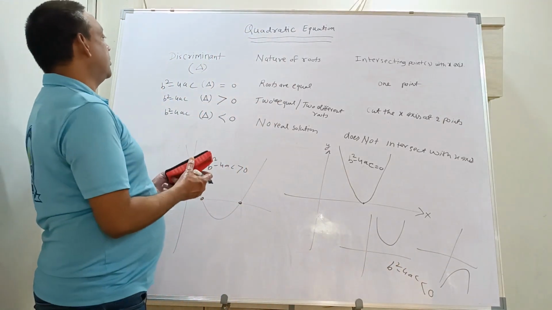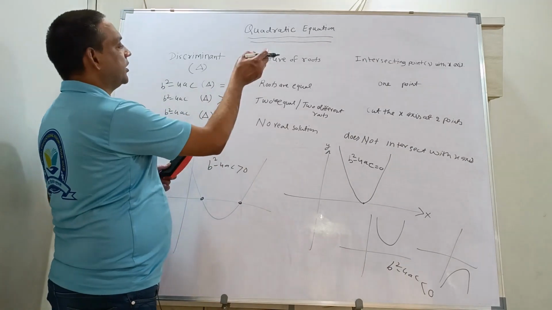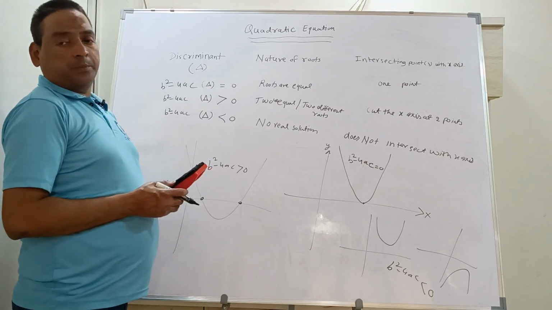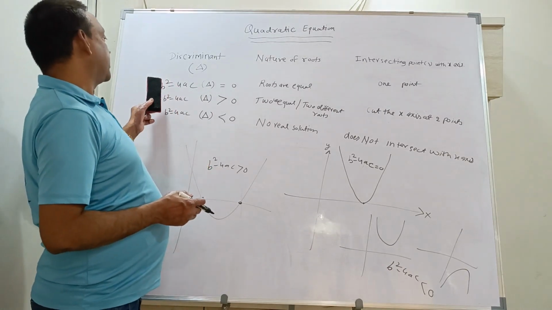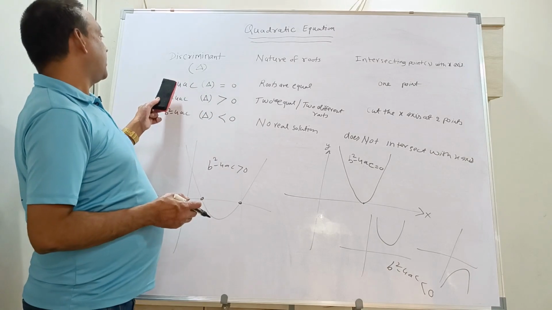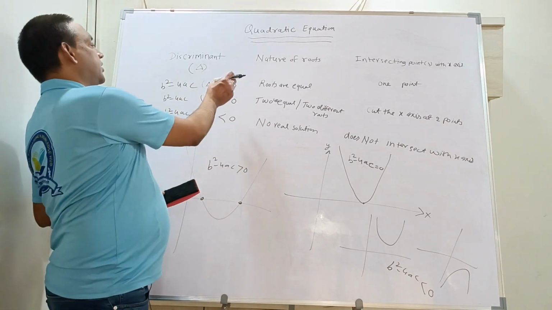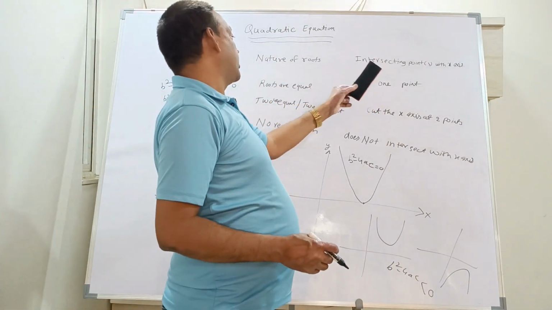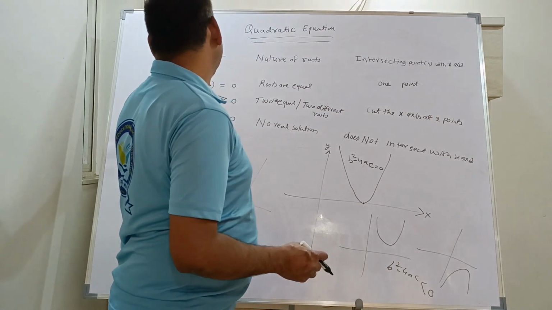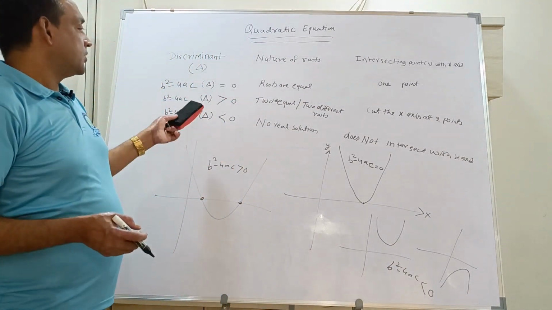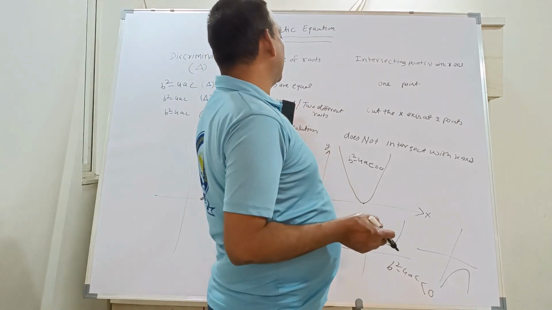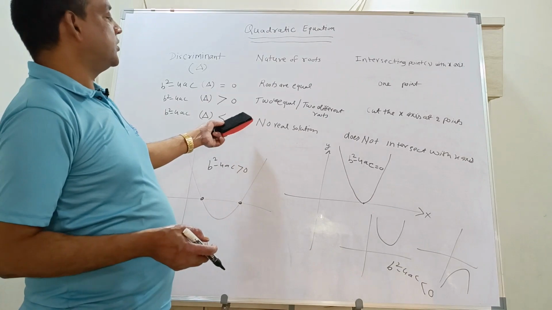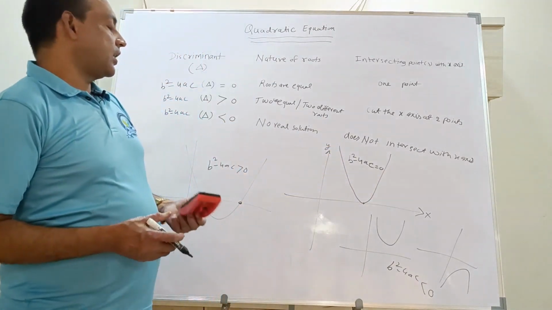Clear? Okay, here they will give you the sum. They will give one quadratic equation in any form. First you have to write it in the normal form ax square plus bx plus c equal to 0, and then find b square minus 4ac. If the value of b square minus 4ac is equal to 0, then it intersects or touches at 1 point, and the roots are equal. If it is greater than 0, meaning any positive number, then we get 2 different roots or 2 unequal roots, and they cut at 2 points. And if b square minus 4ac is less than 0, there is no real solution, or the graph does not intersect the x-axis.